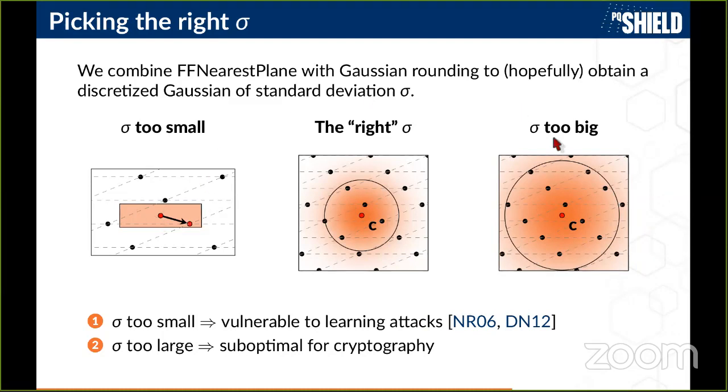But on the other hand, sigma should not be too big either, because if it becomes too big, your trapdoor sampler is going to solve an easy problem. If you look at the number of points that might be sampled by your sampler, here we have 11 points, whereas in the middle case we have 4 or 5 points. This means that it's easier to forge signatures against a scheme that uses the sample on the right than the sample in the middle.